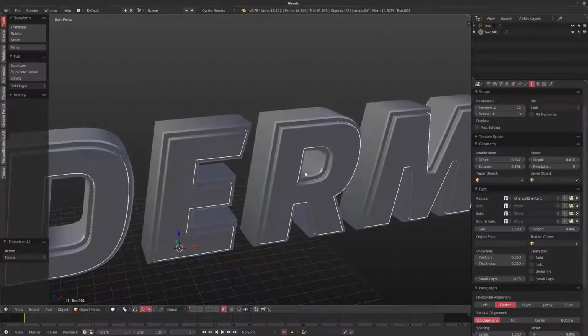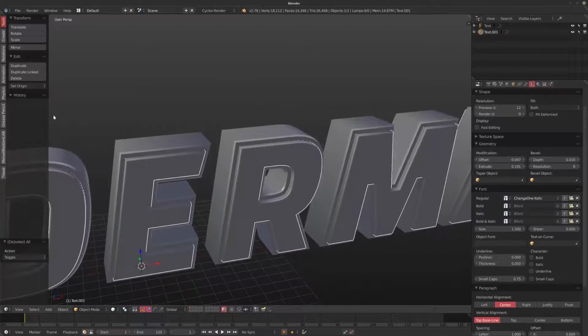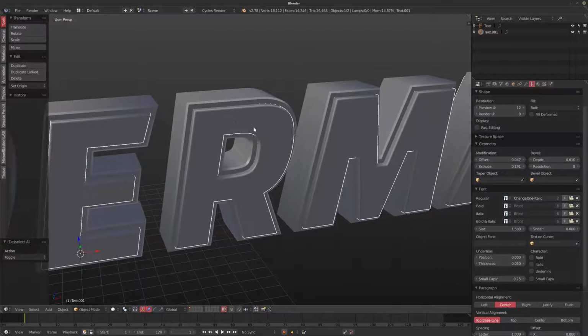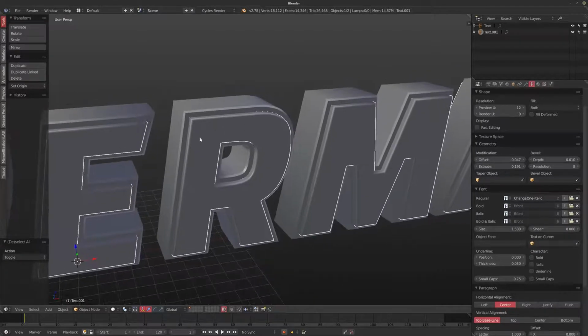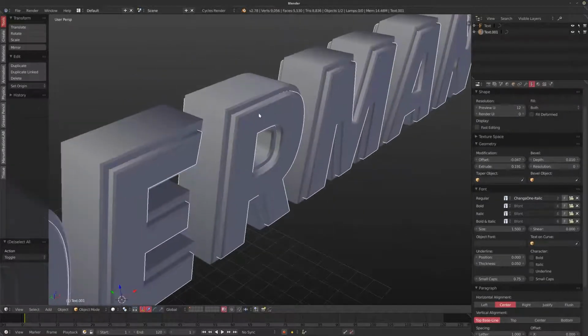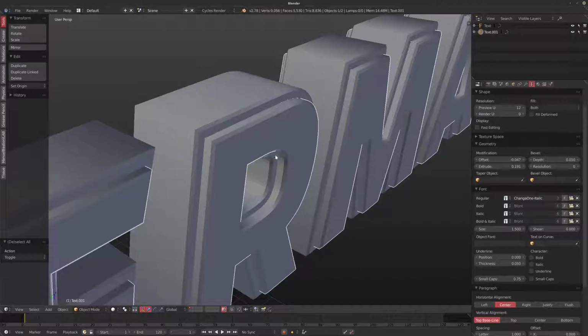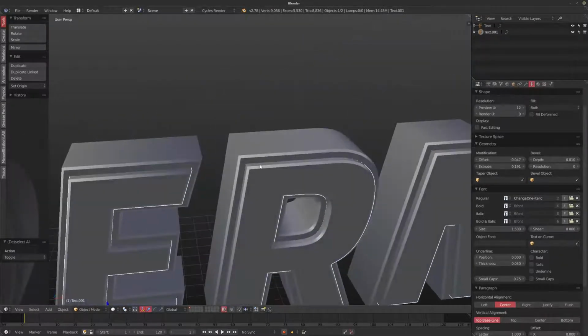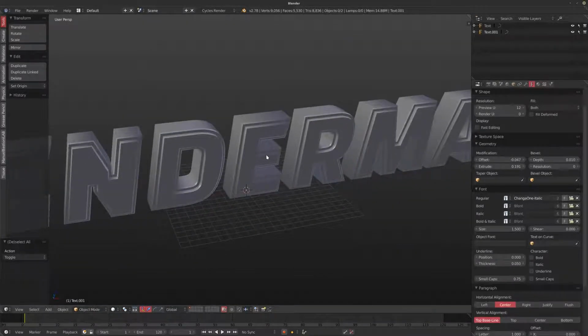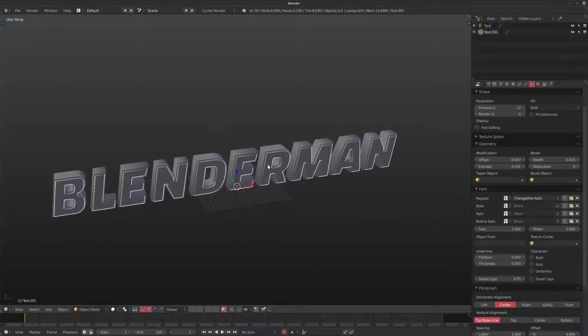If you were to change this to a polygon object, once you're done editing the text, if you hit the smooth over here in the tools section, then you could smooth it out and you get a really nice flat text with some really interesting looking bevels. Now, the reason I keep these to 0 in the BlenderMan project, it's not really personal preference or anything, but I knew the titles weren't going to be that huge and you weren't really going to see much of a difference. And as long as they catch the highlights like they're supposed to, it's just fine and I'm not too worried about it.